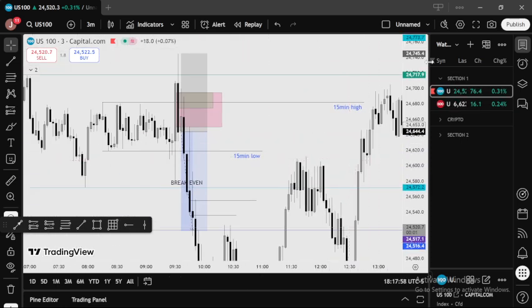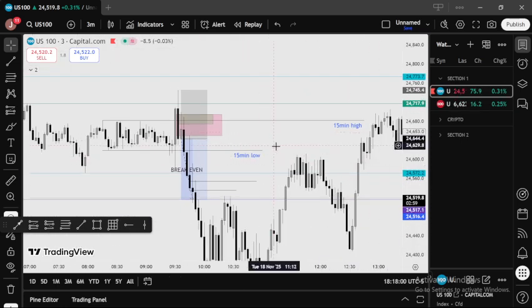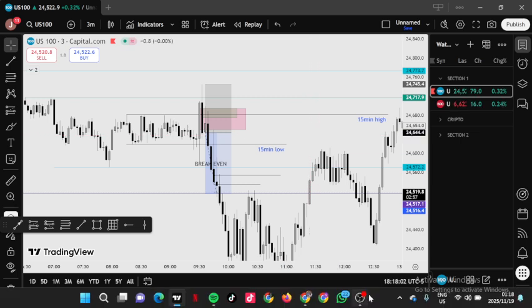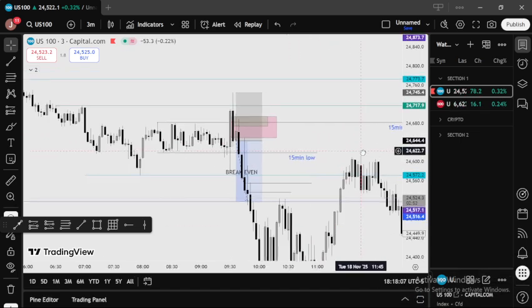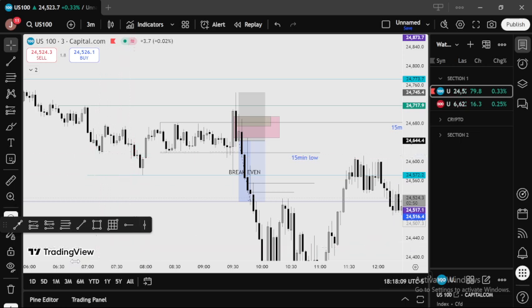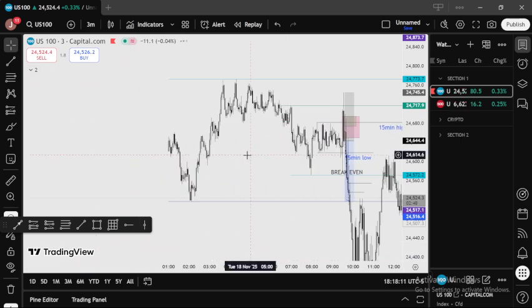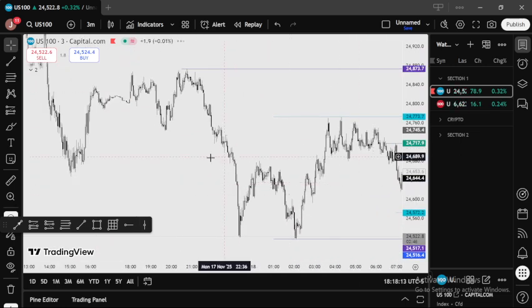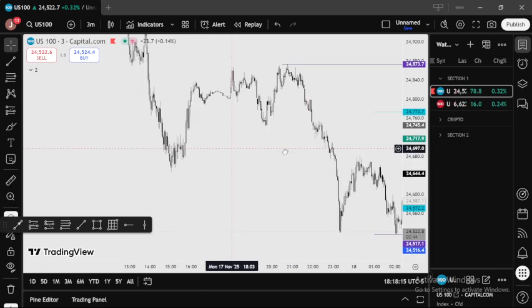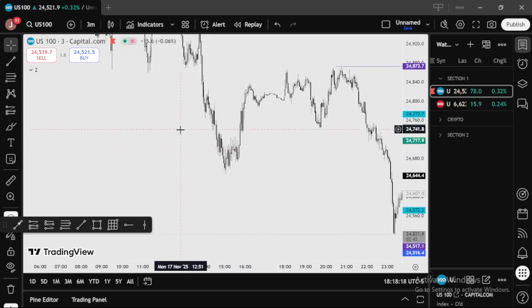Okay, so this is the trade recap for the trades that I took. Right now it's like Wednesday, like 1 a.m. I didn't really do a trade recap for Monday and also Tuesday, so I want to do it right now. So start off with the trade that I took on Monday.